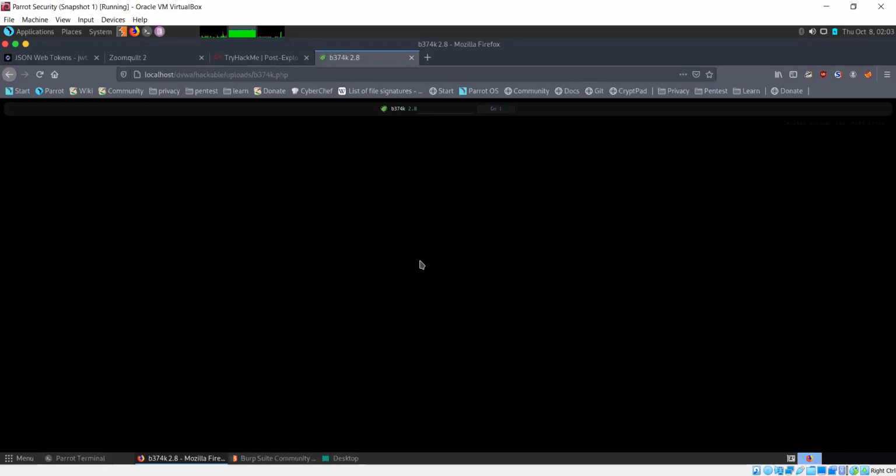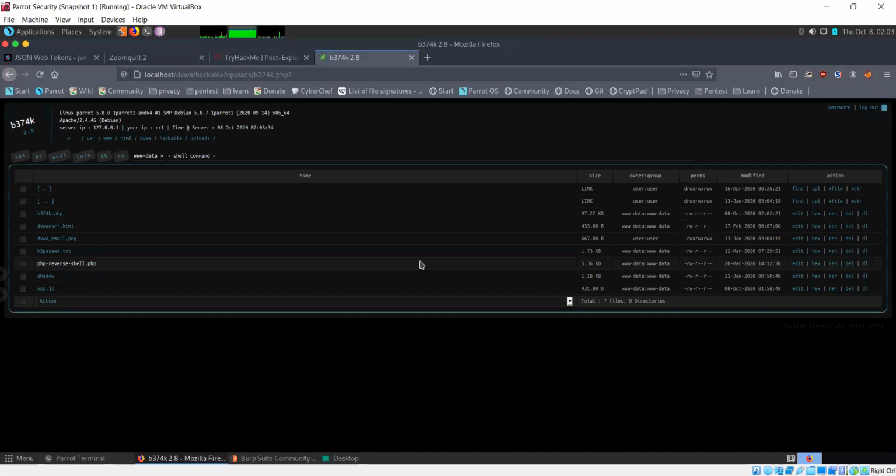Okay, the password is b374k itself. So this has opened up the web shell. Now this is executing on that server, and I can do whatever I want within that server.